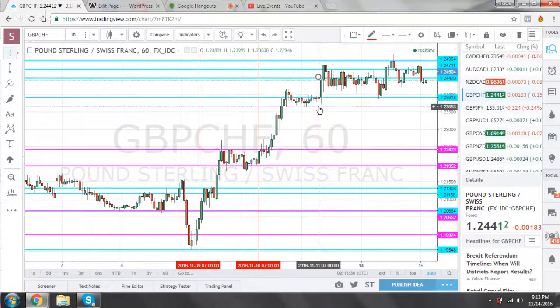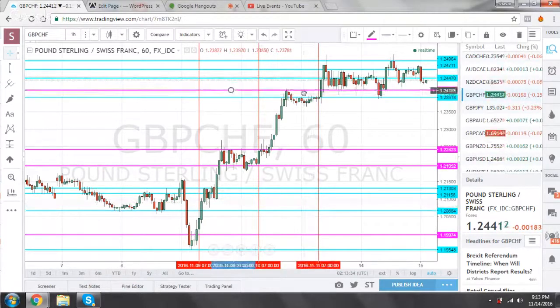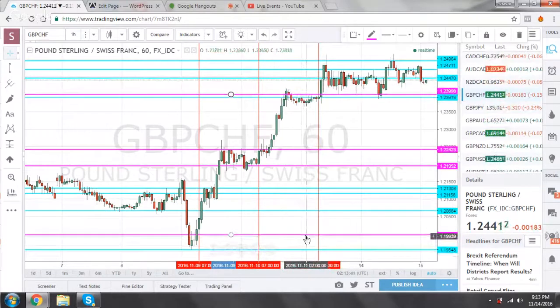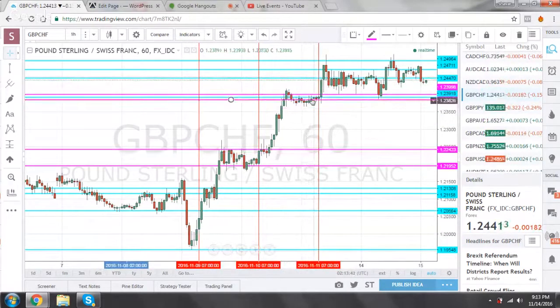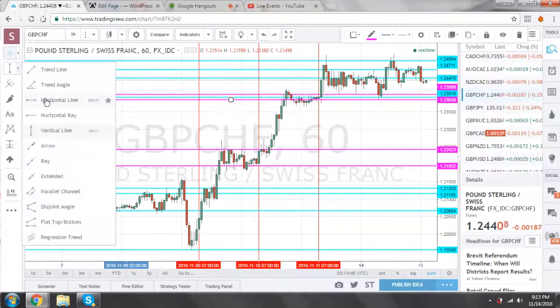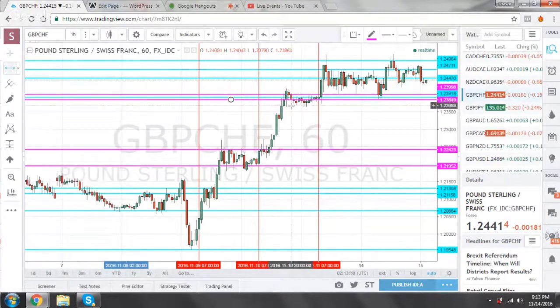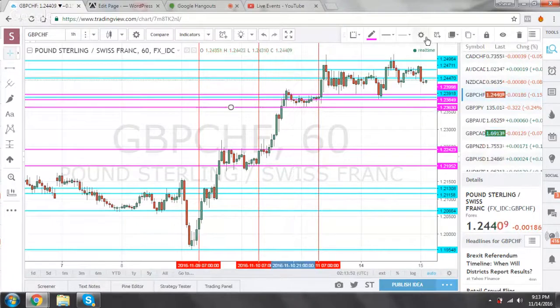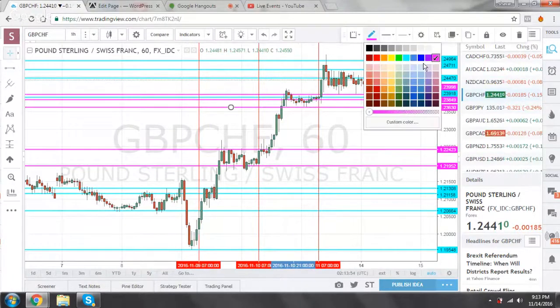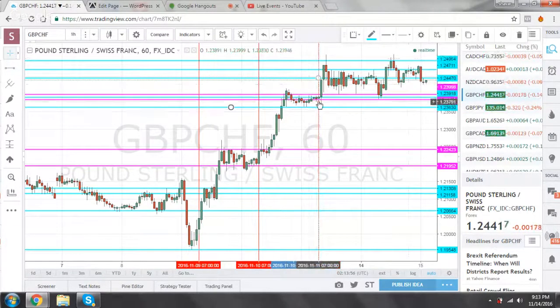Let's see. Let's move this out of the way. I'm just going to take these from the bottom. Also remember, let me make this a little support area. If your support area is really close, give at least 30 pips. But